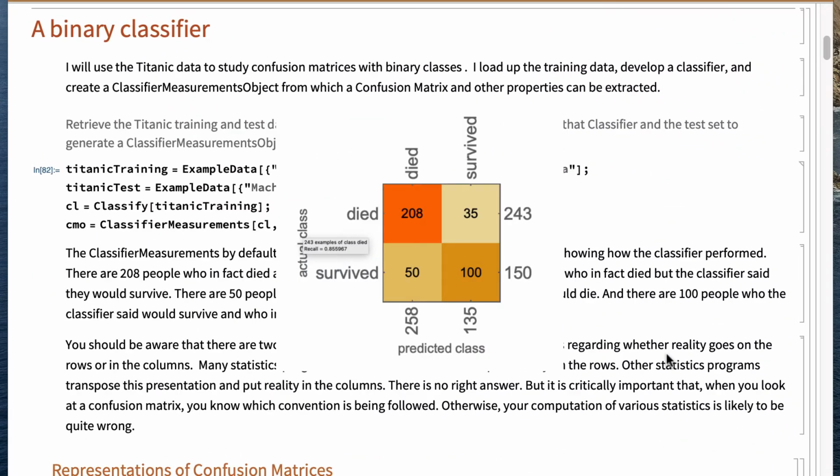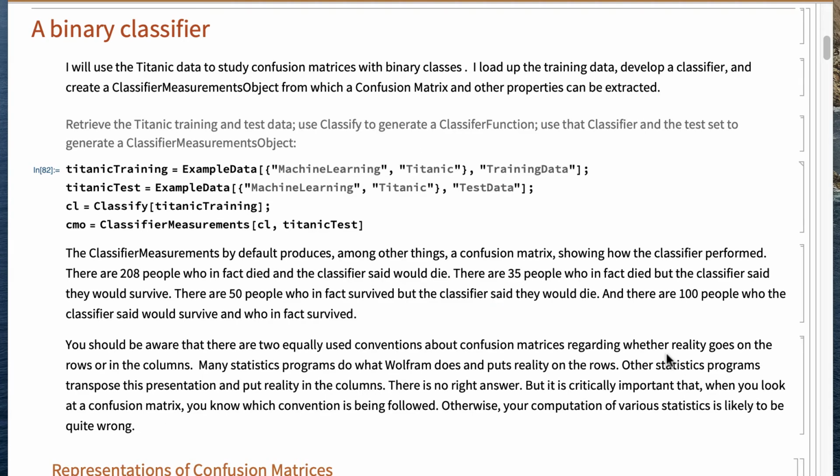We'll start with a very familiar data set. It's the Titanic data set, and we're going to build a classifier that tries to determine whether someone's going to live or die based on their age, gender, and cabin class. To do this, we will load up the training data, we will load up the test data, we'll create a classifier function based on the training data, and then we'll produce a classifier measurements object based on the classifier and the test data. So if we run this,